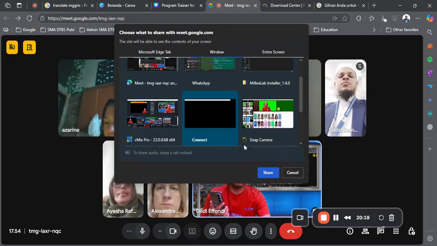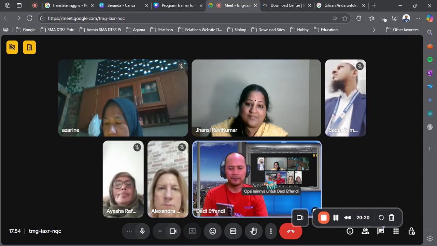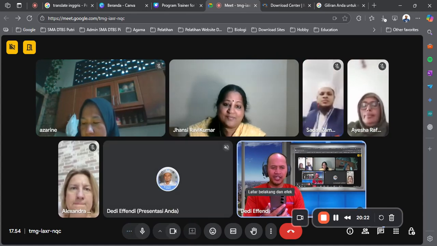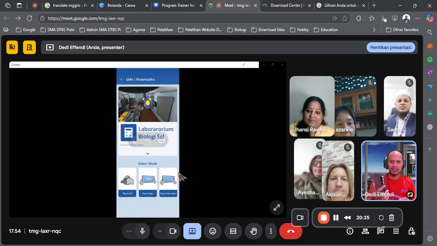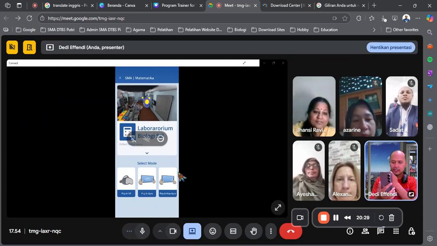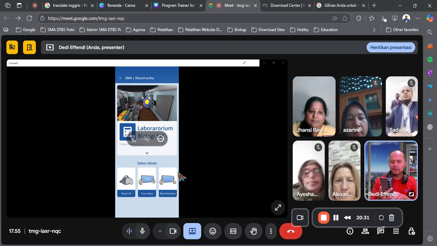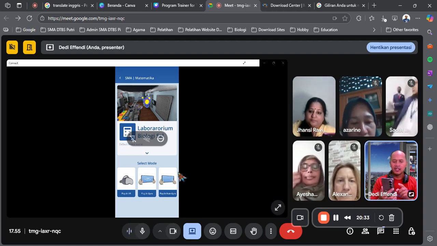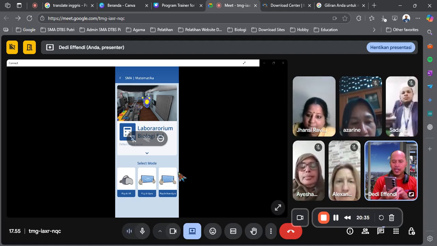Okay, before I explain how to make it, this is play in VR, play in zero, and play in non-zero. If you have the eyeglasses, you can play it in VR.